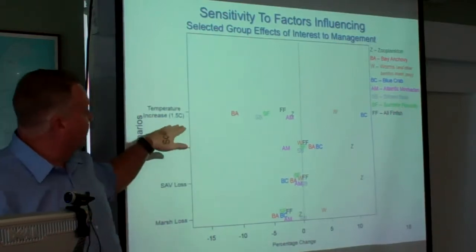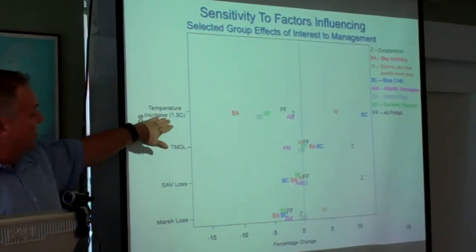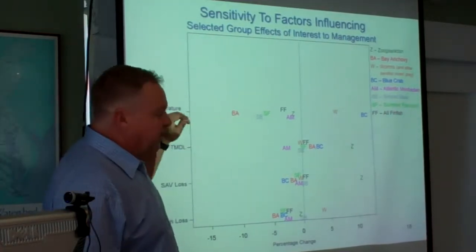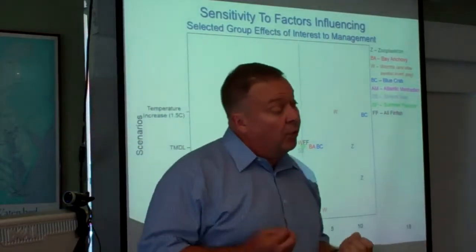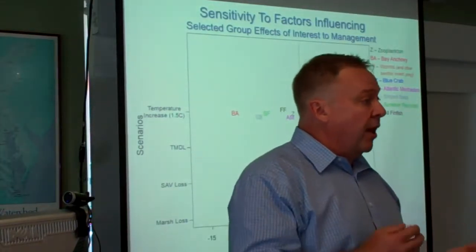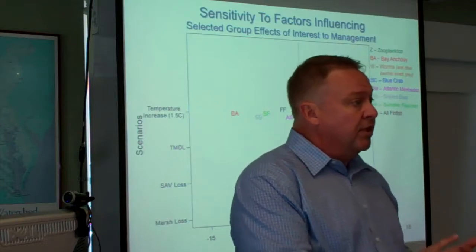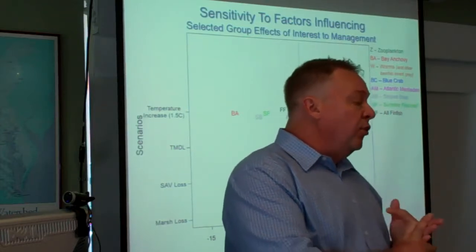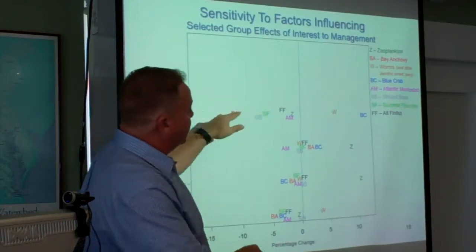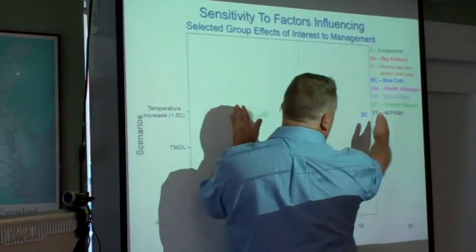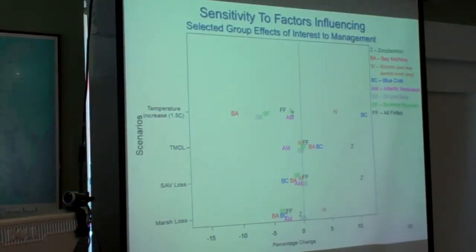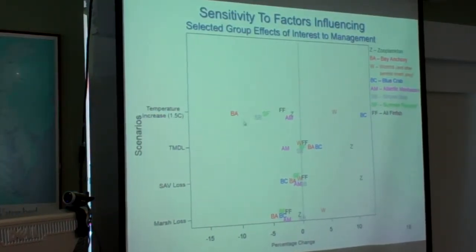When we look at temperature increase, and this is simulated, the changes I simulated are only physiological increases. So growth is increased, clearance rates are increased, movement is increased. And what we're seeing here is a much wider spread of the variability of the winners and losers. Now we're seeing very distinct winners and very distinct losers.